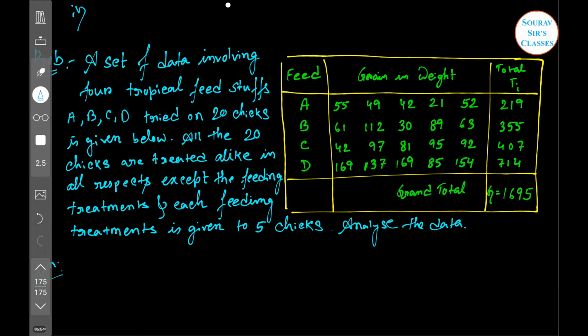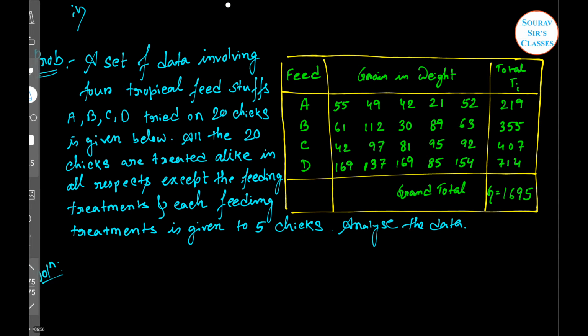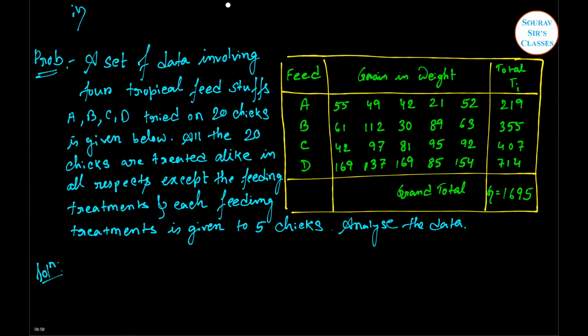Okay, here is the problem. A set of data involving 4 tropical feedstuffs A, B, C, D tried on 20 chicks is given below. All the 20 chicks are treated alike in all respects except the feeding treatments, and each feeding treatment is given to 5 chicks. Now analyze the data. Now the solution is